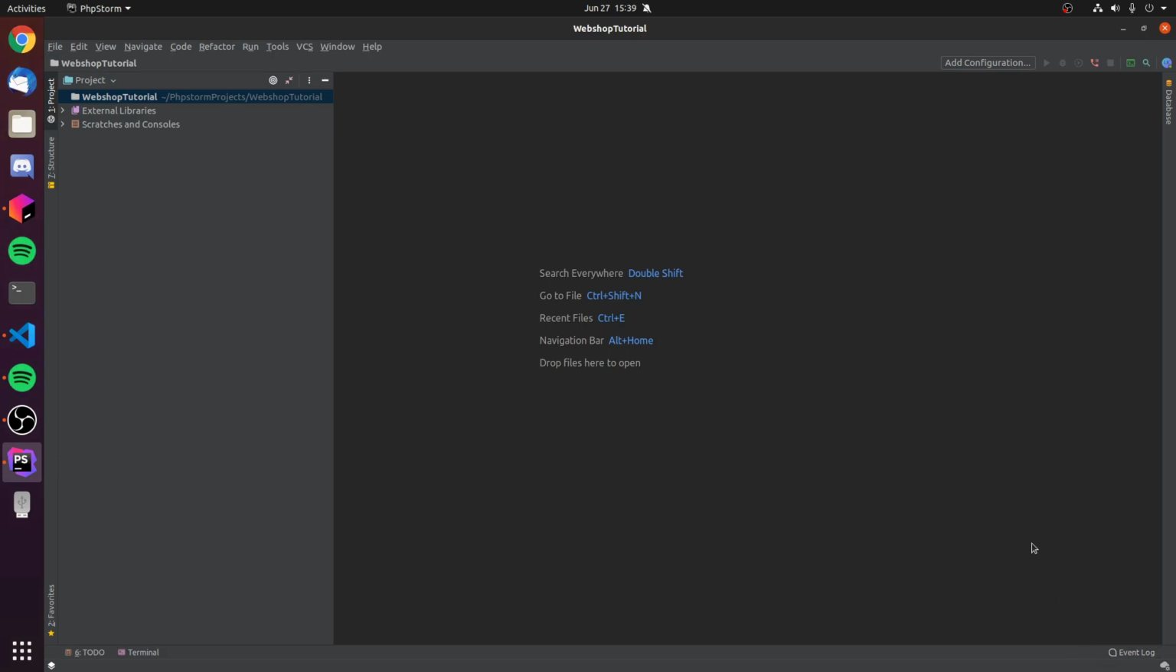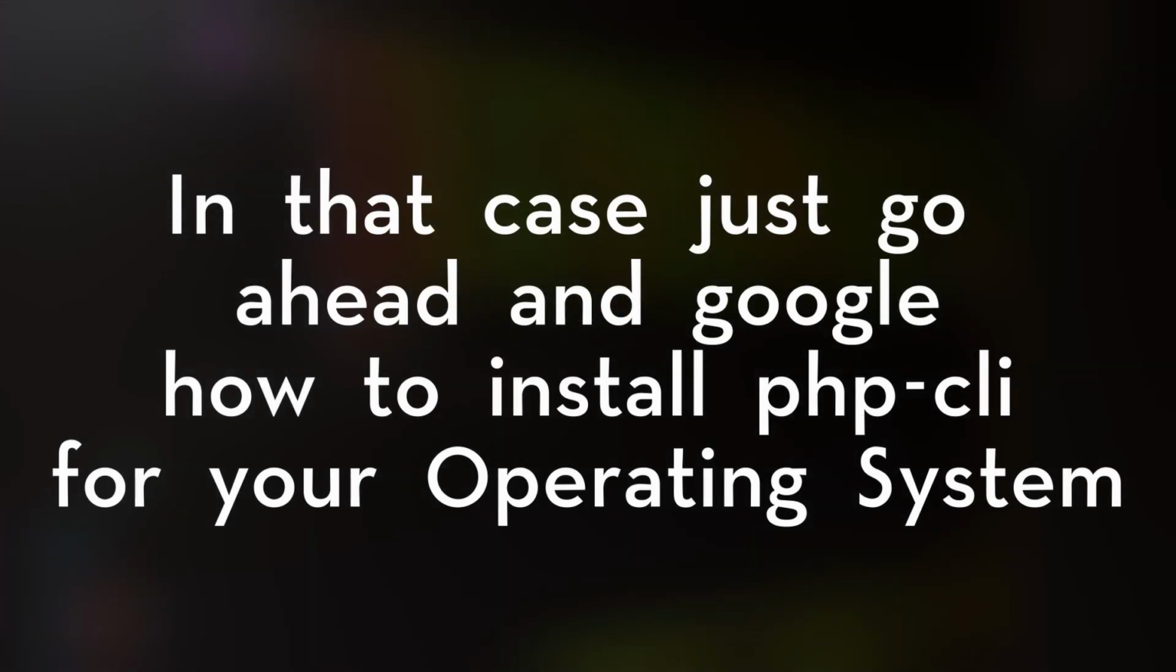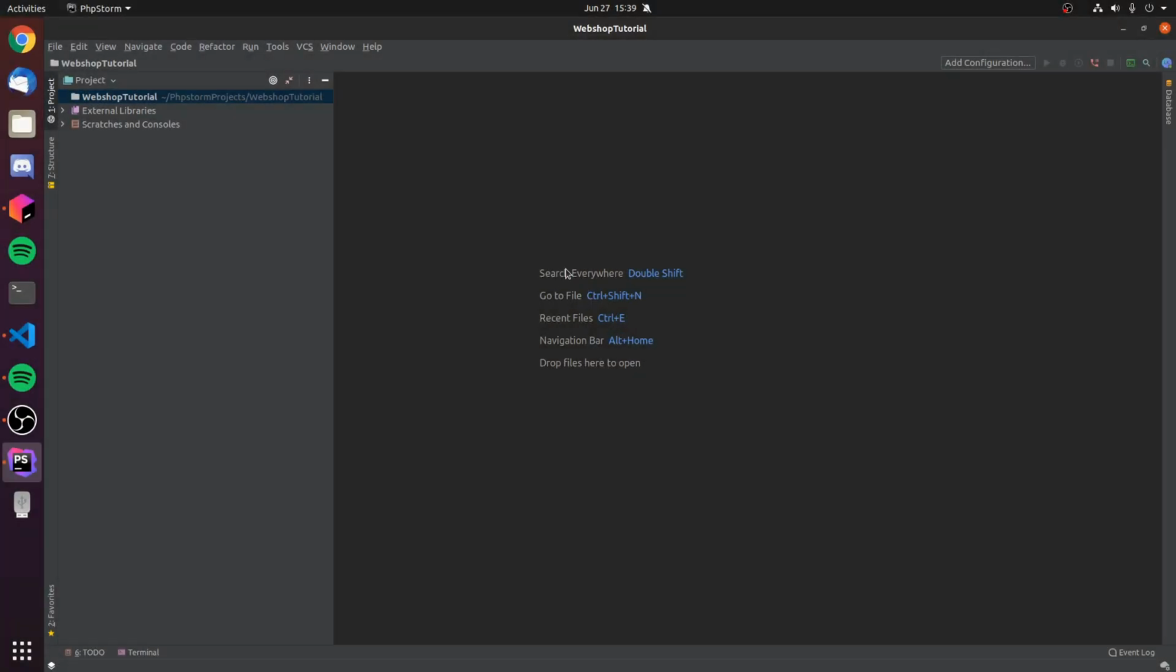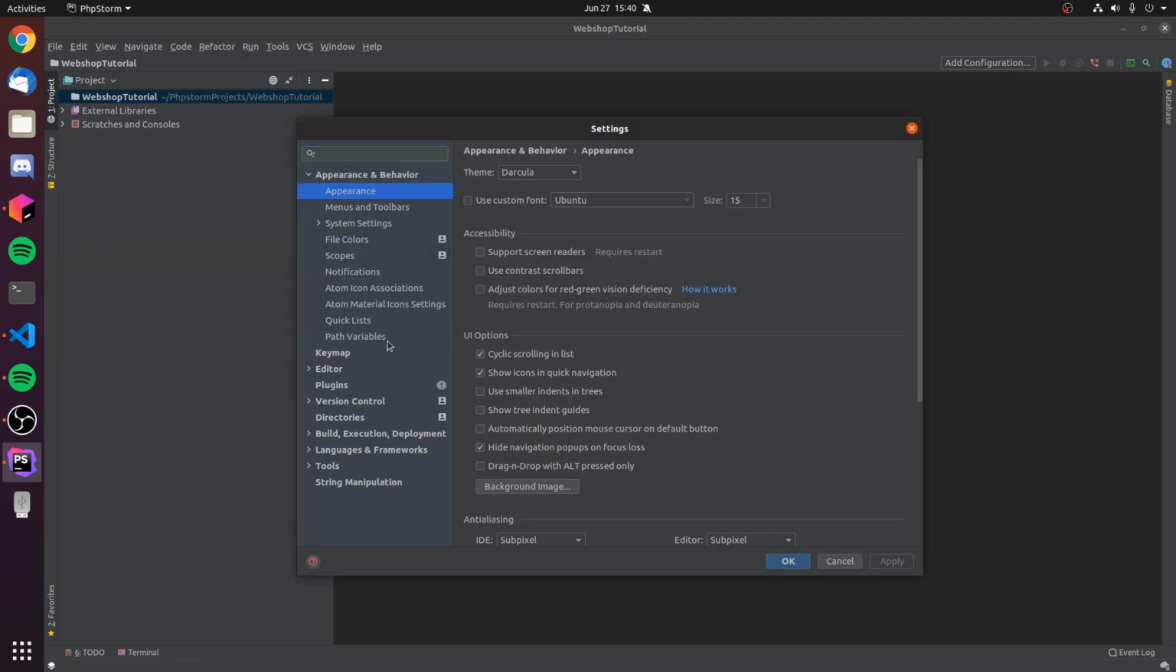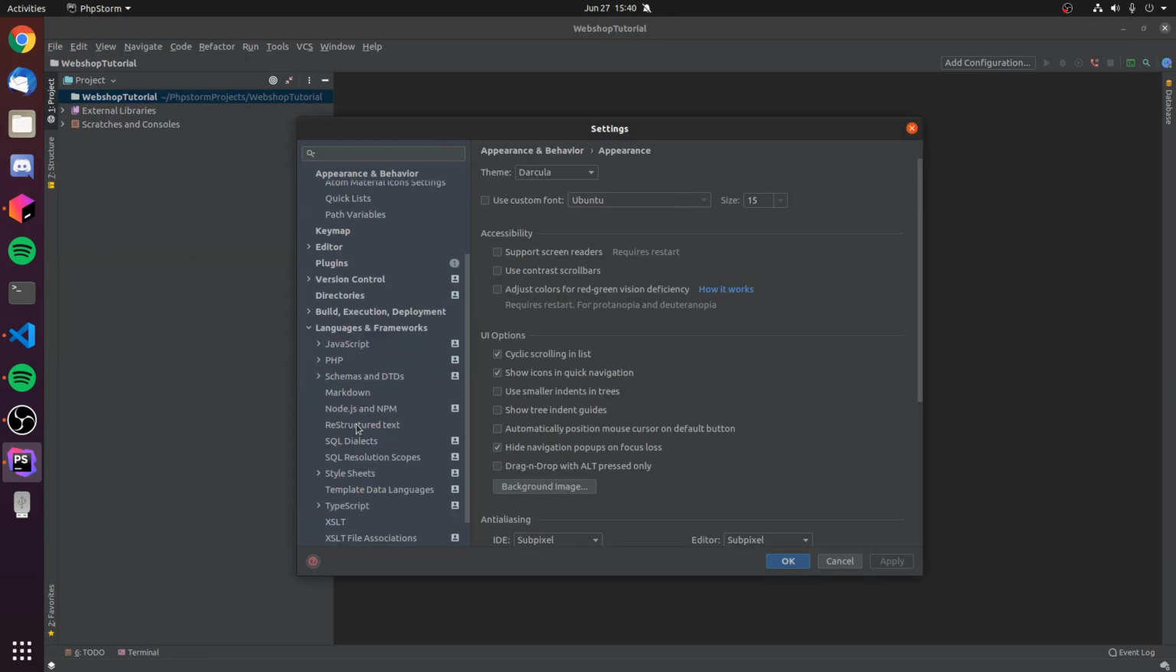It maybe says that you have to install the PHP command line tool or something like that. Sometimes you also have to set up a PHP interpreter, and that can be found under settings, languages and frameworks,